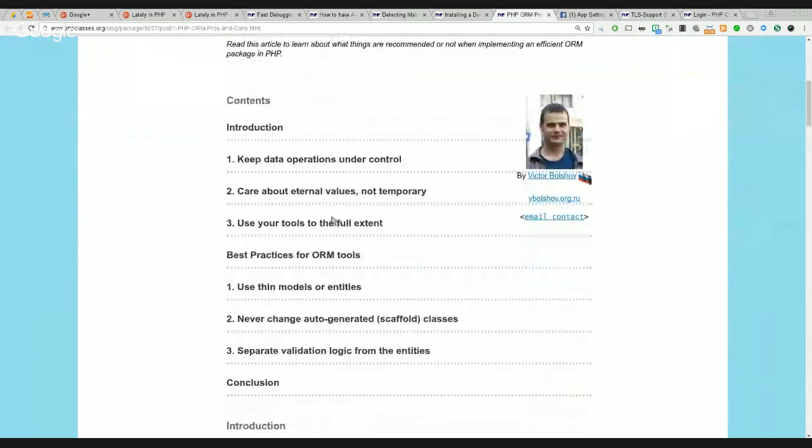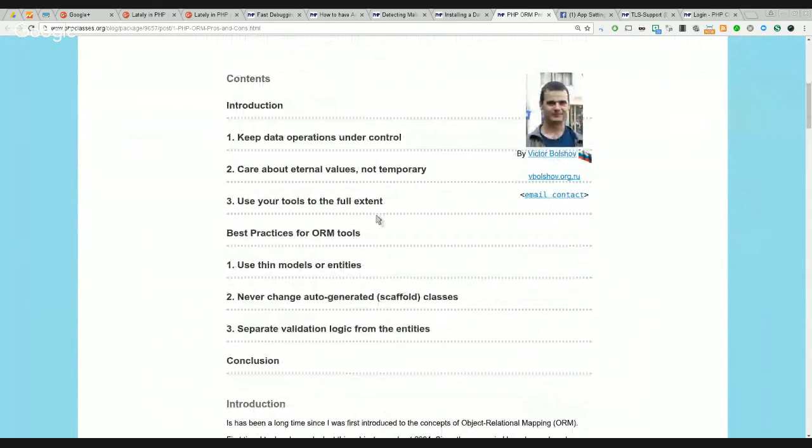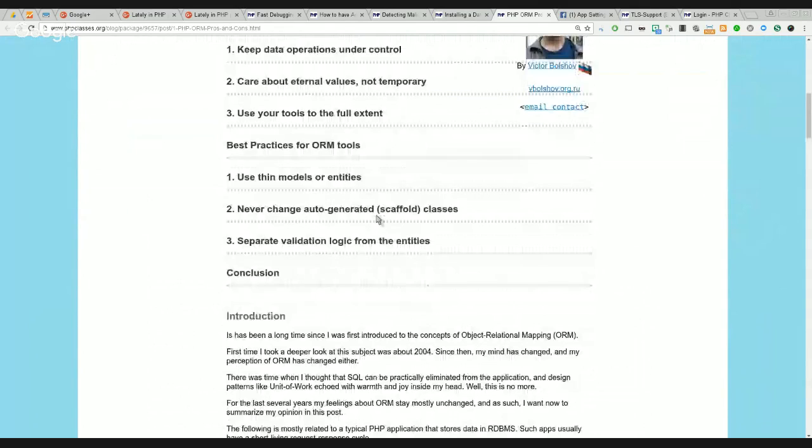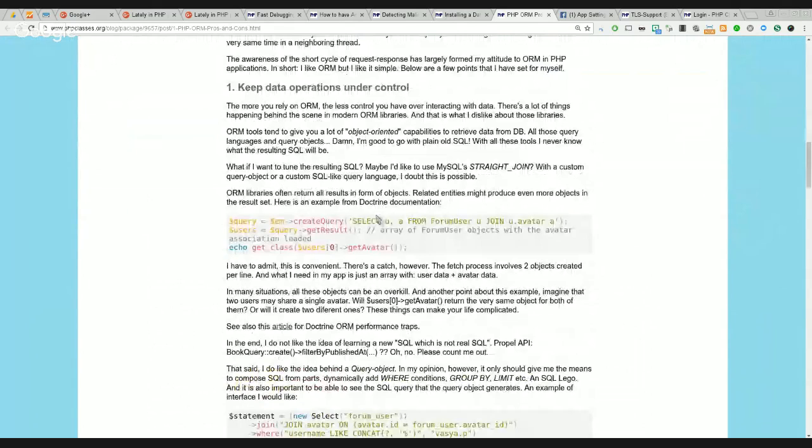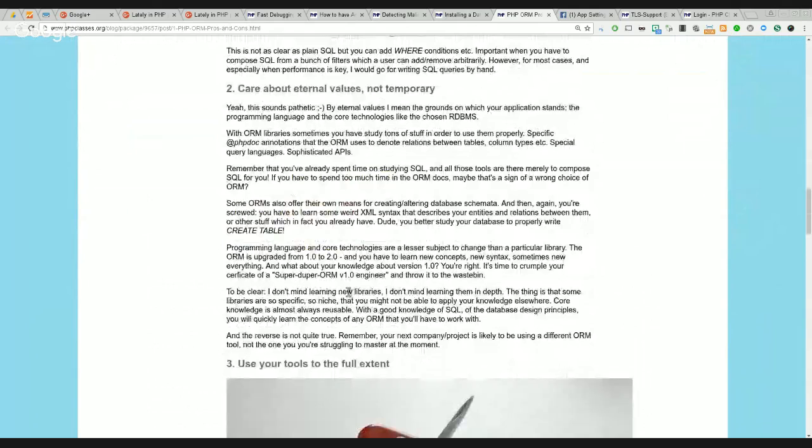So basically, he mentions things that you should do, and also suggests things you should not do. I'm not going through the article in detail, but I think it is very interesting. It raises lots of comments and also raised a confusion because